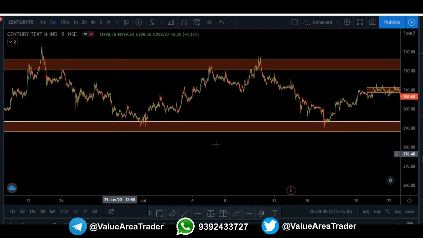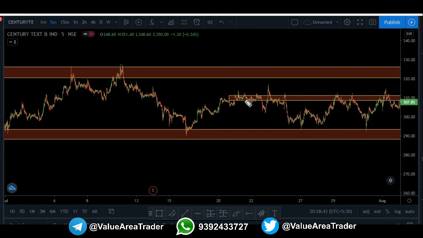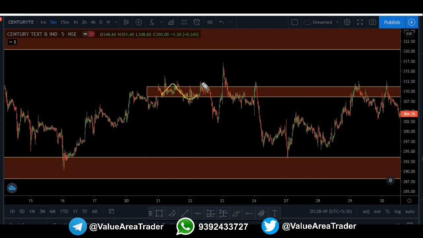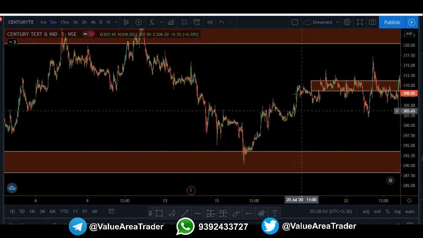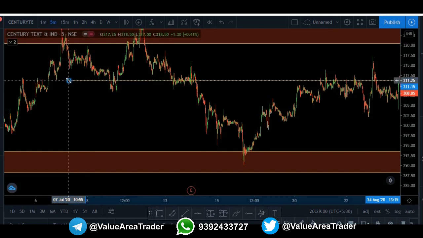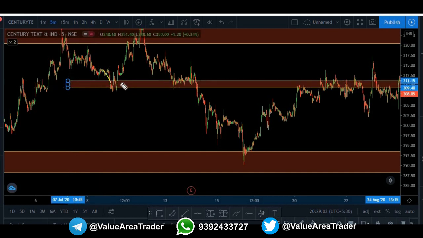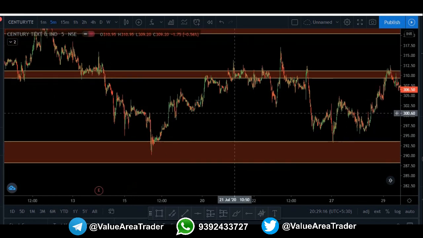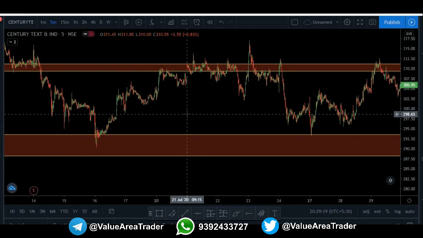Now you can clearly see this was a particular point that we have already drawn, where in the 5-minute it was a resistance. Can you see the price is not able to close over this price? So you can extend these kinds of spaces in your chart, and you can see price is getting either a support or a resistance at these points. So as I said, whenever a particular support is broken, next time whenever price goes to that point, it becomes a resistance. Right, it becomes a resistance. So these kinds of small points you can always mark in your chart.